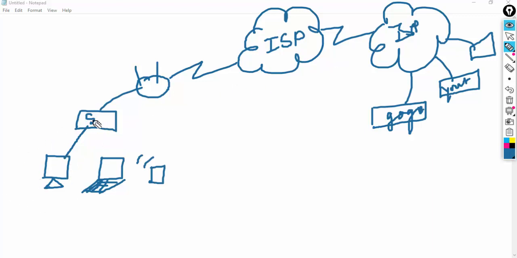Over the physical connection, only the physical connection is not enough to make the communication from a particular source to a particular destination. Why? Because they must have addresses. They must have an identification so that they would be recognized and source and destination can easily communicate. That means if you are sending a request to your destination, then that request must reach your exact